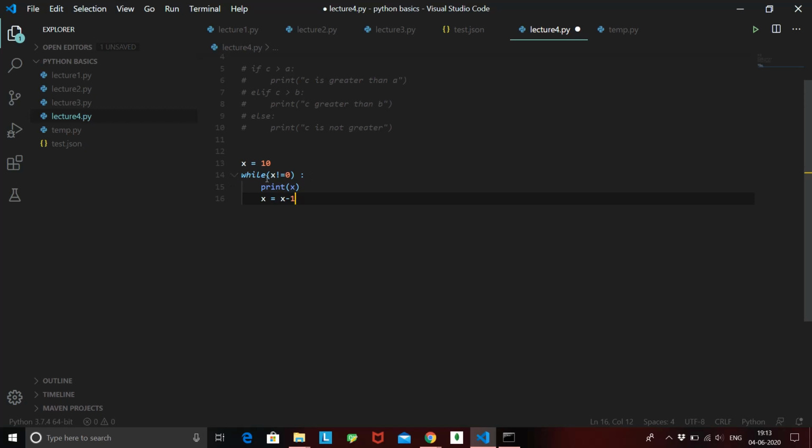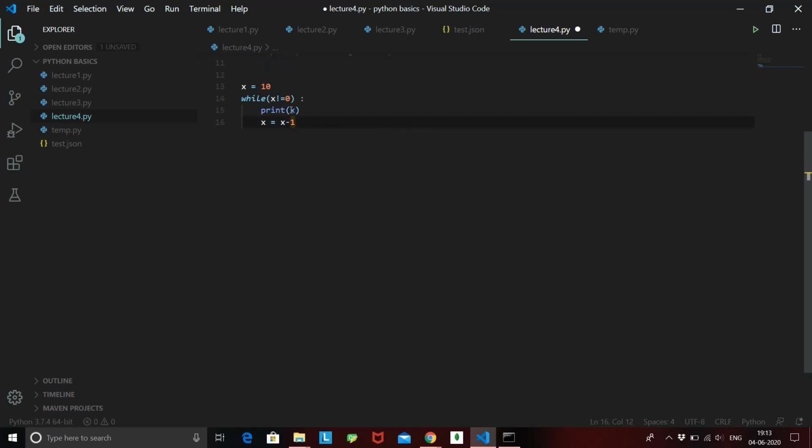What I did over here is I decremented the value of x every time this loop is running. So while x is not equal to 0, we'll be getting the value of x, and once x reaches the value 0, this loop will end its execution. Alright, so I hope this is pretty clear, simple syntax. We defined x as 10 and we say while x is not equal to 0, and then we start a block. See, this colon indicates the starting of a block, right? So we started a block saying this block will be executed all the time when this condition is true.